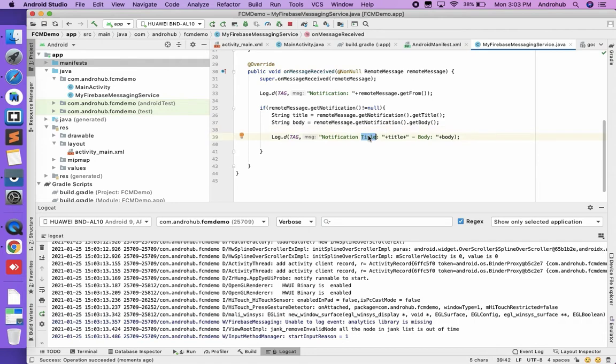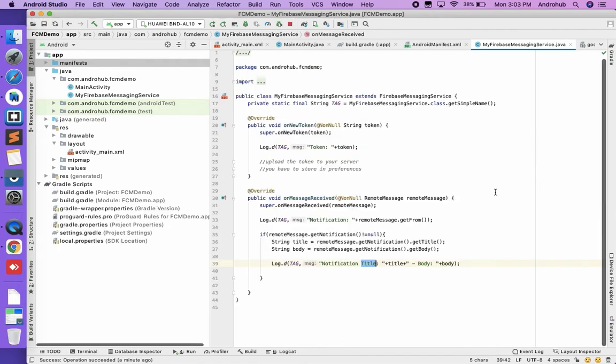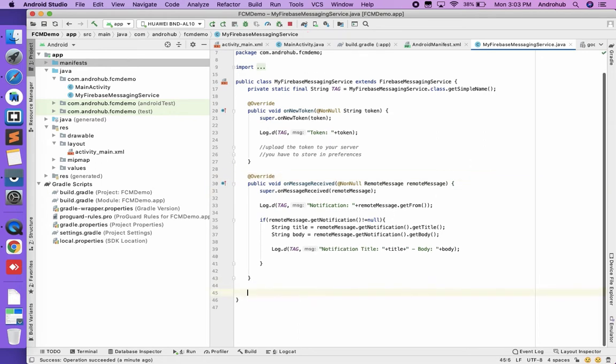Now the next thing is we have to display the notification. To display the notification, we need to use the notification manager to create the notification and to display it. So let's go ahead and create the private void showNotification, and here we are going to expect the title and the body.